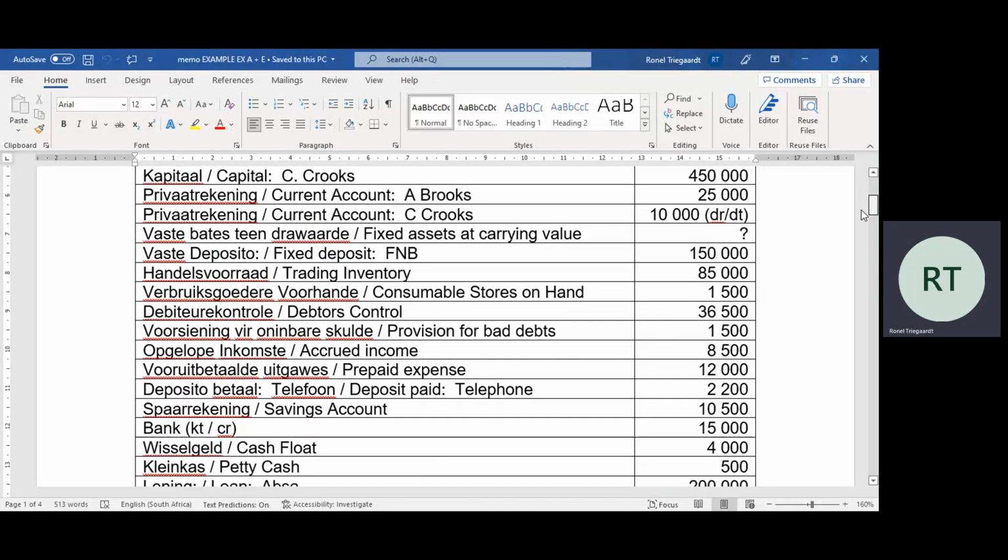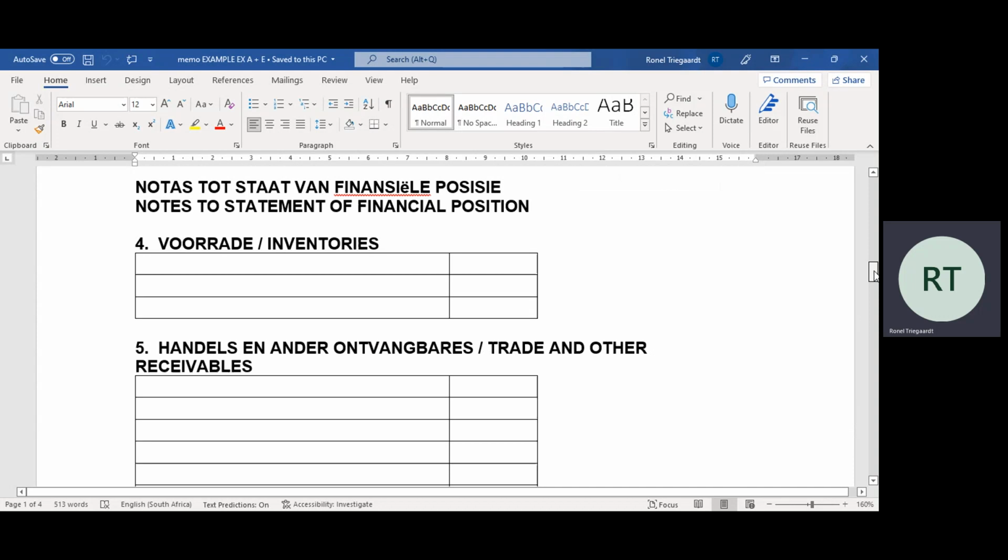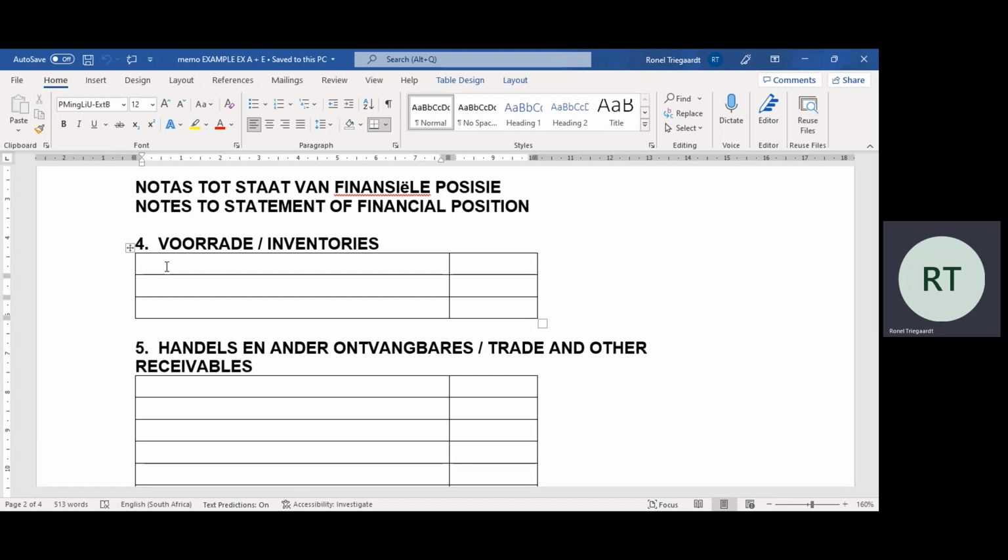And then we have to, from the information, do the notes. Now, the first note is the note for inventories. Die eerste nota is die nota vir voorrade. In the note for inventories, you remember inventories is all our normal trading stock, ons gewone handelsvoorraad, and whatever else